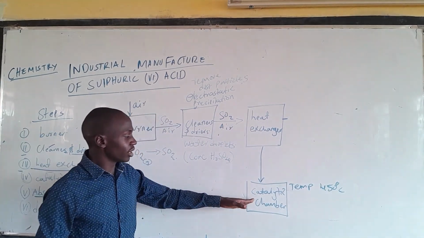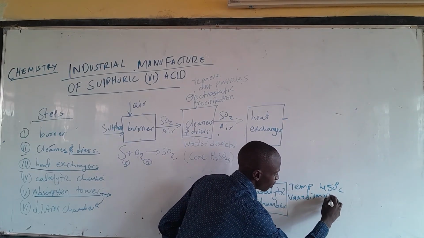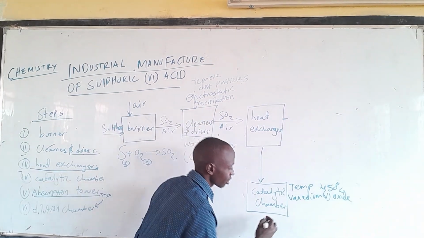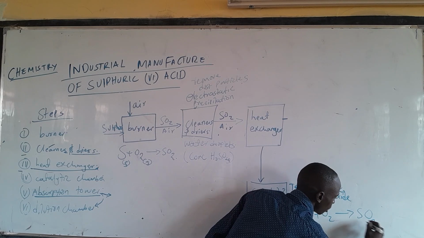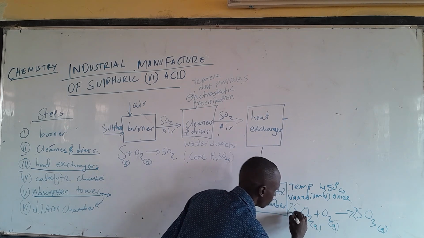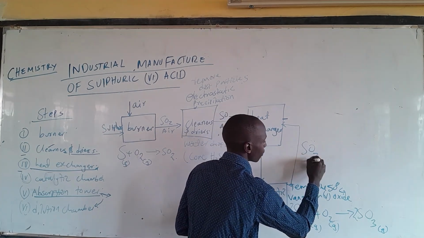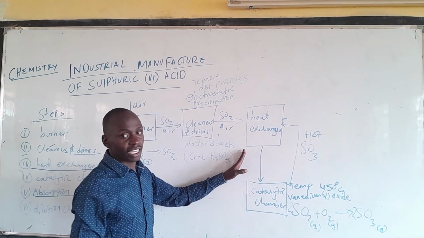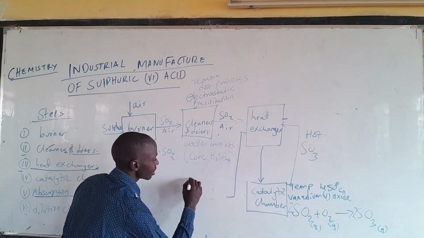Then the gases will then be passed over a catalyst, which is vanadium 5 oxide. That will lead to production of sulfur 6 oxide. The equation will be sulfur 4 plus oxygen. We get sulfur 6 oxide, which is a gas. Now the sulfur 6 oxide is then pumped back to the heat exchanger. This is hot. Sulfur 6 oxide is pumped to the heat exchanger, where the gas is then cooled to a suitable temperature. From the heat exchanger, the gas is then pumped